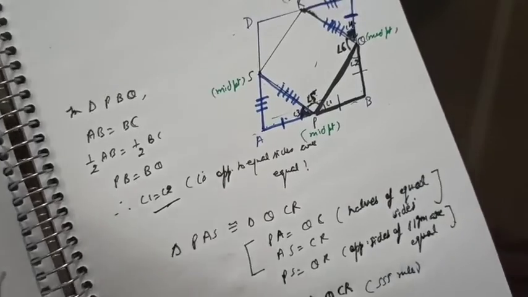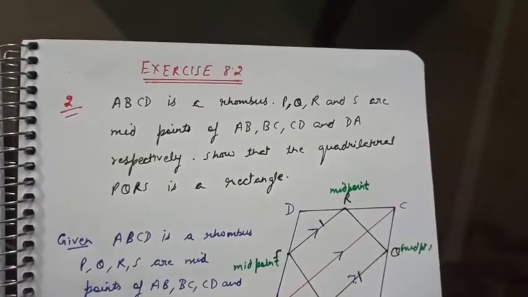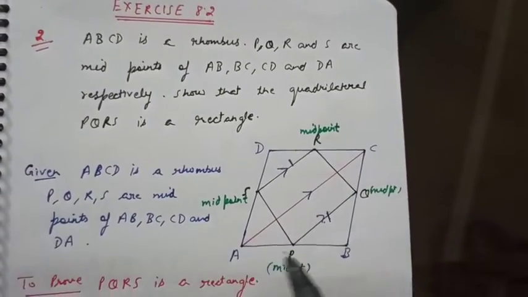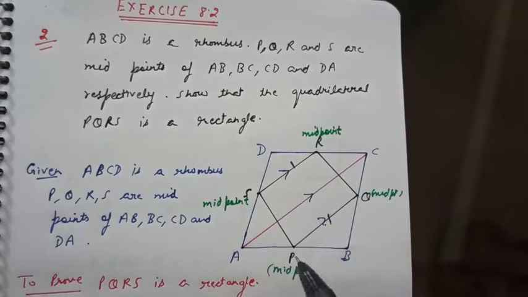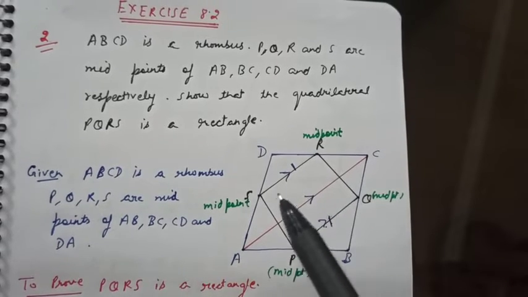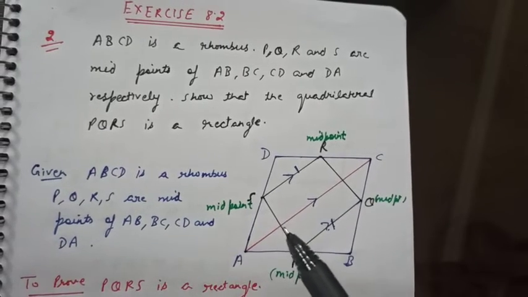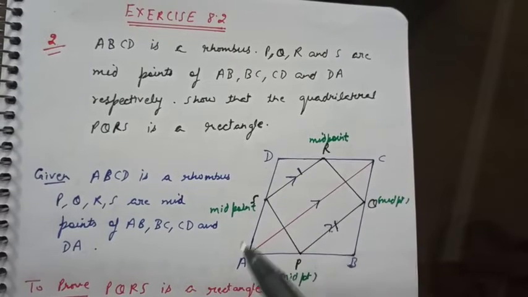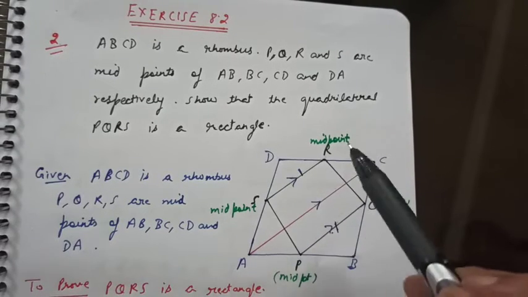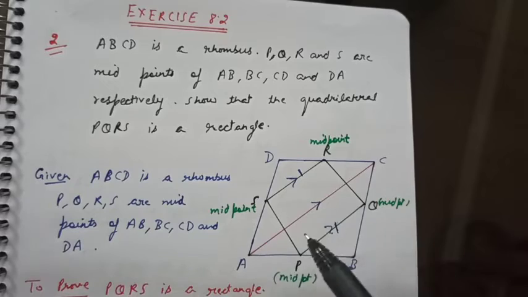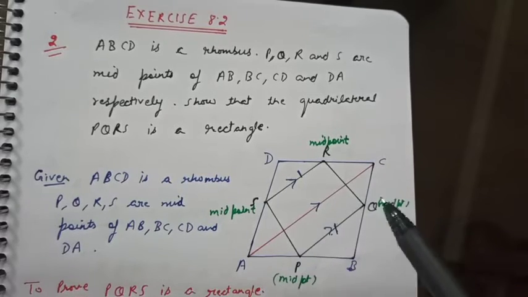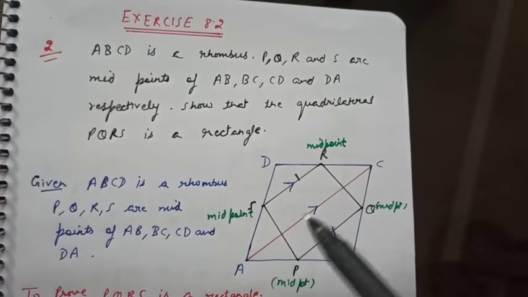So I'm repeating again. So I need to prove that rhombus के मिड पॉइंट्स को ज्वाइन करके रेक्टेंगल बनता है. तो फर्स्ट ऑफ ऑल मुझे पैरेललोग्राम प्रूव करना पड़ेगा. तो in order to prove that it is a rectangle, तो पहले मैंने इसमें मिड पॉइंट थ्योरम लगा दी, this is parallel to this, this is half of this. फिर इसमें मिड पॉइंट थ्योरम लगाई, this is parallel to this, this is half of this.